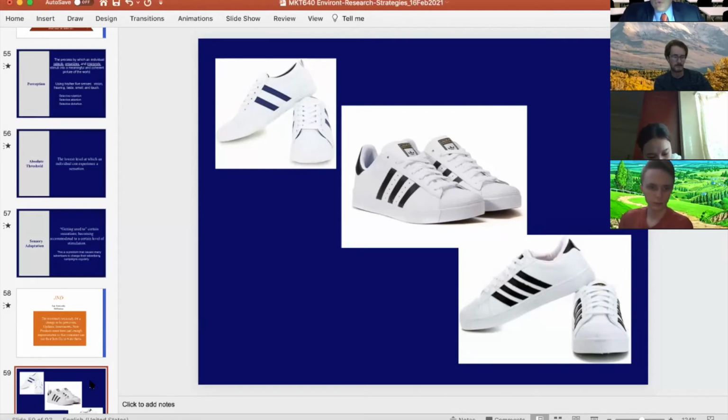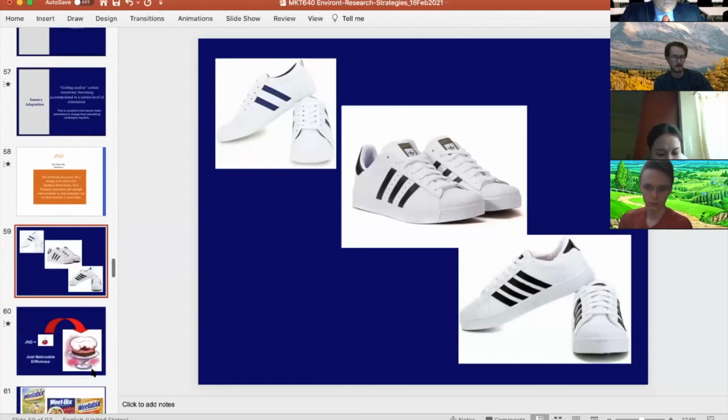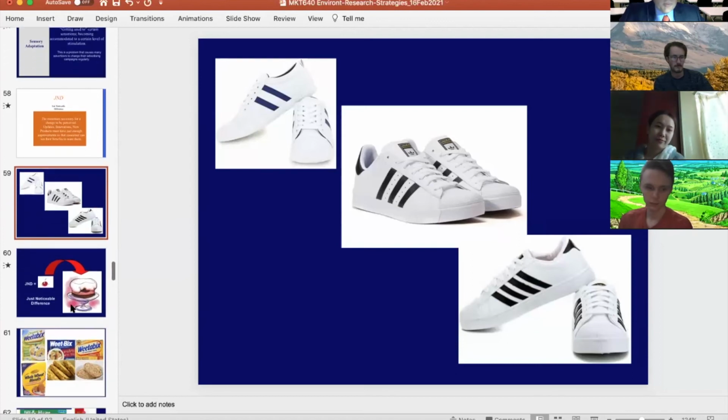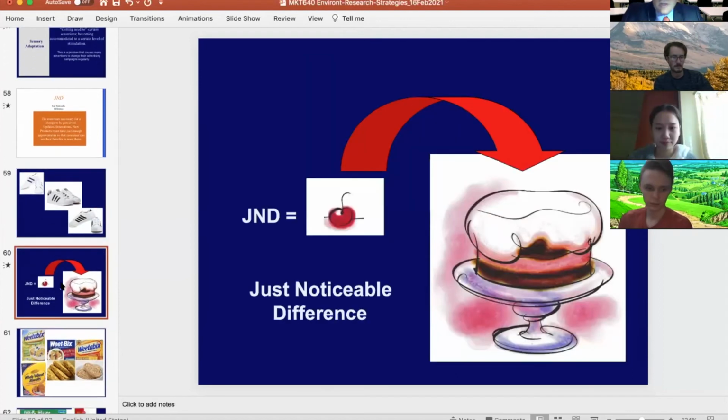That's what they do in business. They create something. So they change, they adapt. All right, so just to finish this before we jump into the presentation, is the J&D, if you want. I wish you never forget this. But if you forget it, maybe you remember what I call the cherry on the cake. The J&D is the cherry on the cake. Same thing, this image is worth 1,000 words.